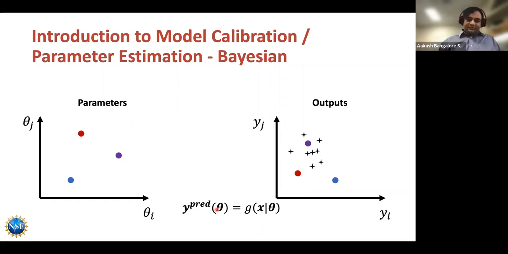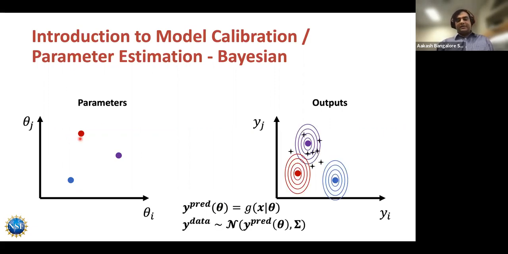Now we have some data that I've represented in this space. What we want to find out is the likelihood function, that is the probability of the data given any of these parameter values. In order to do that, we need to define a statistical model, that is a probability distribution for how likely these data points are to have been generated by each of those points in the parameter space. Typically, and this is what we do in quoFEM also, we assume a normal distribution,